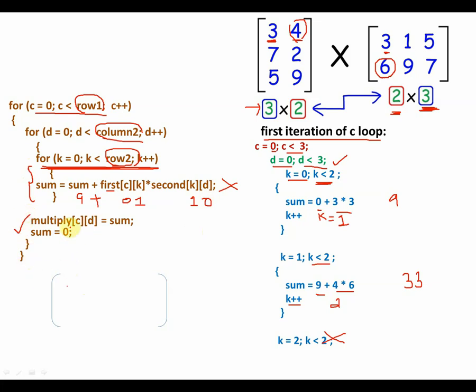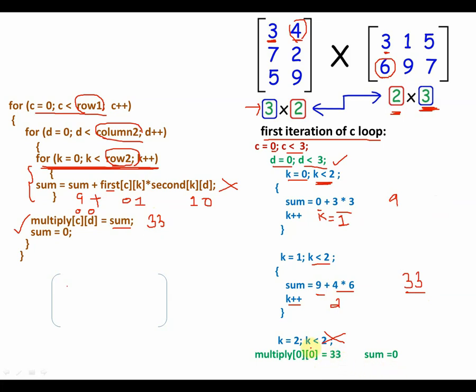So what will happen? You will ignore these lines and you will execute what is after that. What is after that? These two lines, what you see. So what are those lines doing? You are putting some value in this new matrix, which is the final resultant matrix. At what position? C and D. Now what is C? 0. And what is D? Also 0. So what is the value of sum? Finally sum was 33. So a value of 33 is put at this position. Okay, so that is what you see over here.